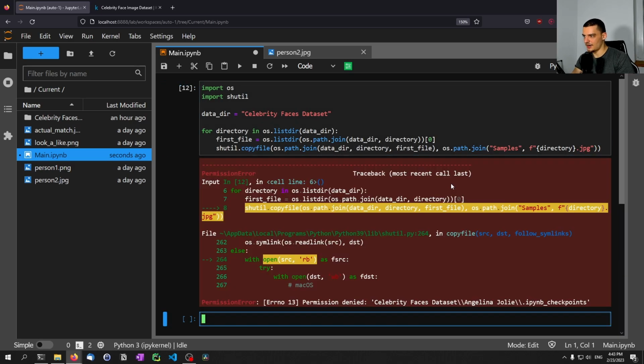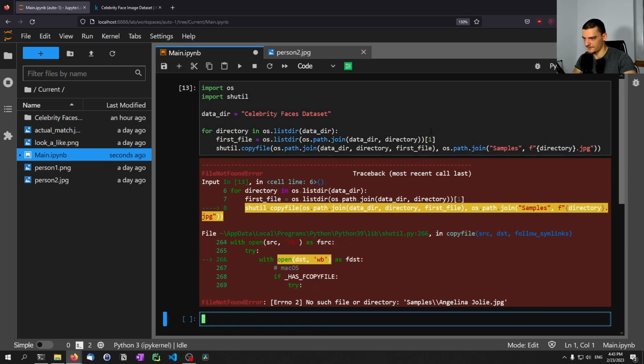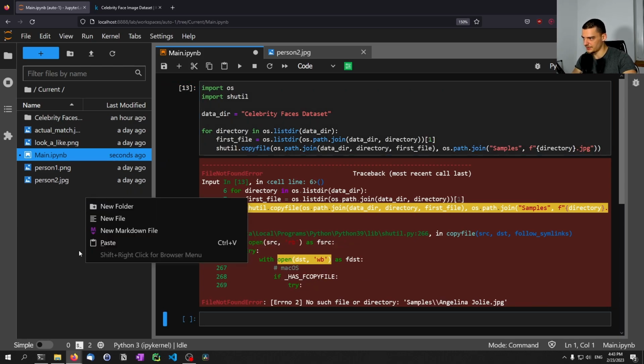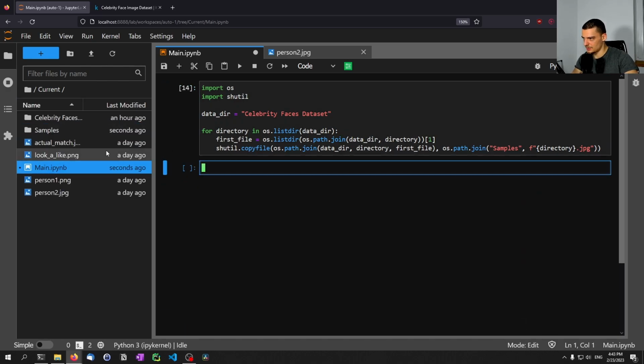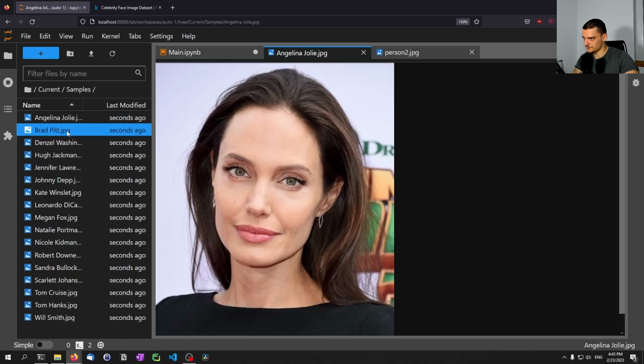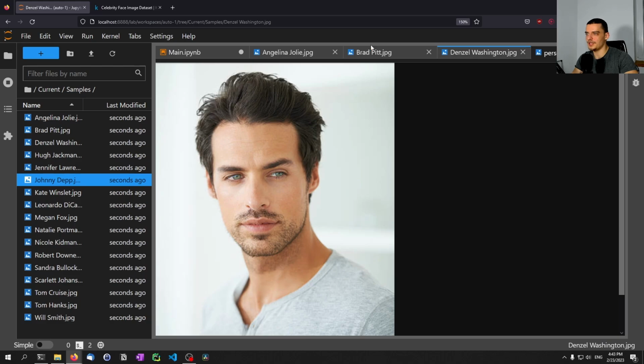That's that. Now we got a problem, permission denied. Oh, okay, we need to filter for that. So we're just going to, what are we going to do? We're going to say, first of all, let's see if it works if I just say 1. That would be a quick fix. No such file directory. Okay, we need to create samples. Let's see if that works. There you go. Works. So now we have for each celebrity 1 image in the samples directory,